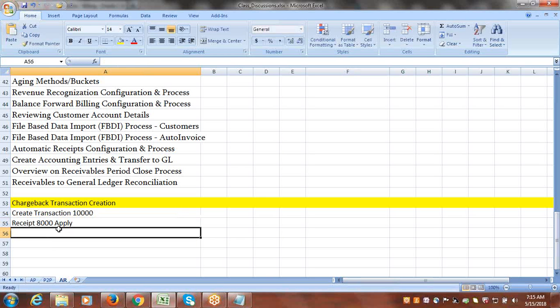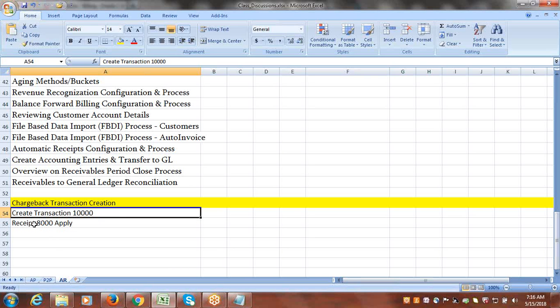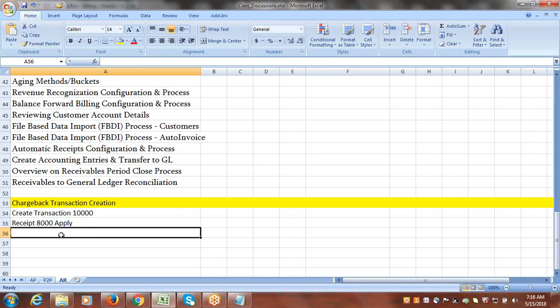In that case, by postponing the due date for the remaining amount, we can create the chargeback. Create a transaction with 10,000, create a receipt and apply up to 8,000. Still there will be 2,000 outstanding amount from the customer. If the customer requests us to postpone the due date, it's not that the customer will pay later. The due date itself, the customer may request us to postpone. So in that case, for the remaining open item, the outstanding amount, we have to create a separate transaction called a chargeback